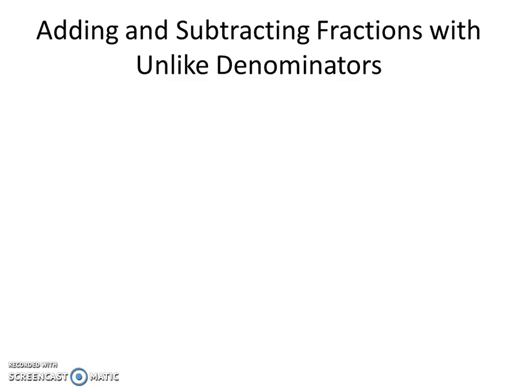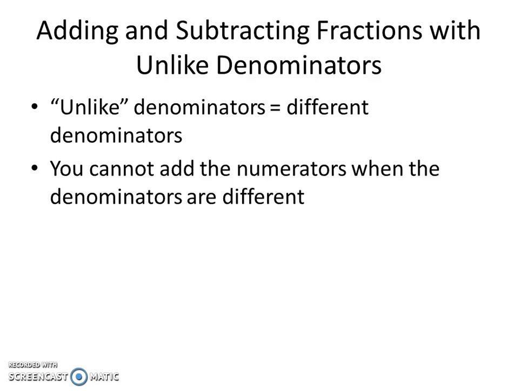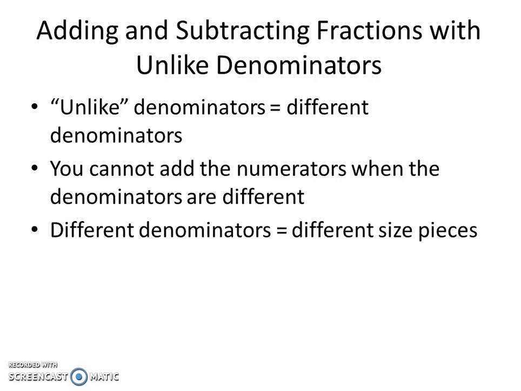So tomorrow in class we're going to be talking about adding and subtracting fractions with unlike denominators. An unlike denominator means that the two fractions have different denominators. We cannot add the numerators when the denominators are different. The reason is when you have different denominators, that means that the size of the pieces are going to be